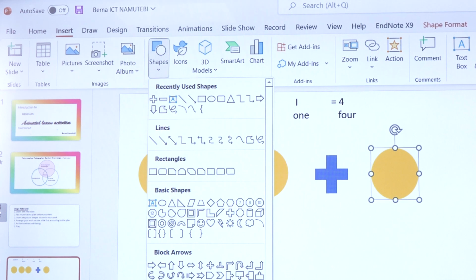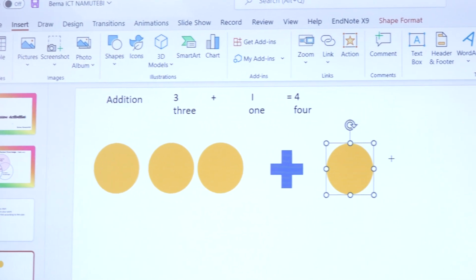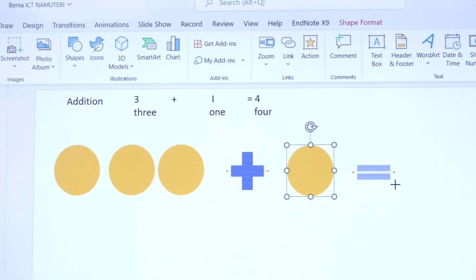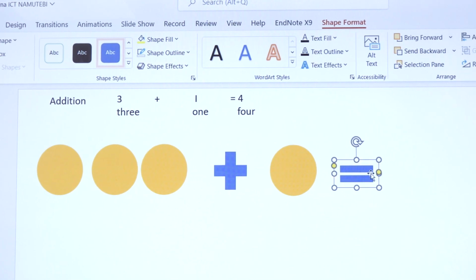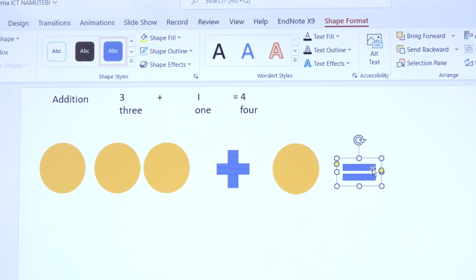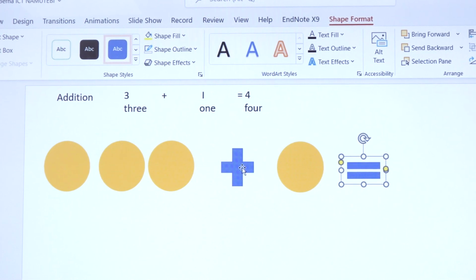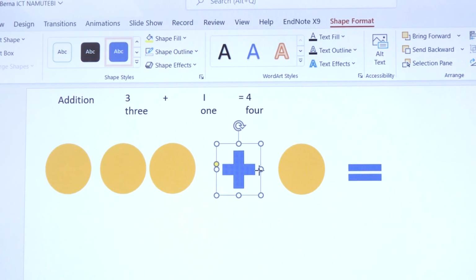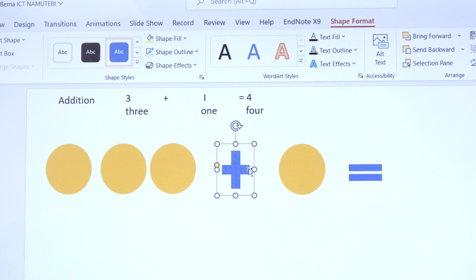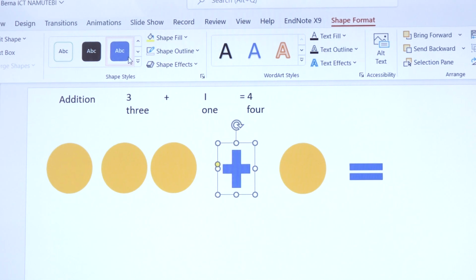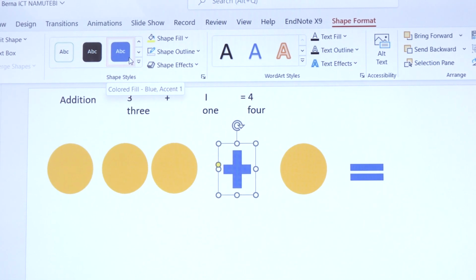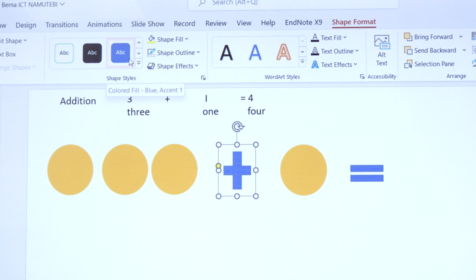I'll pick the equal sign and then I'll draw it or write it there. Okay, so afterwards, I will begin putting the animations. But before I put the animations, because we said your plan, before you put any effect, you must